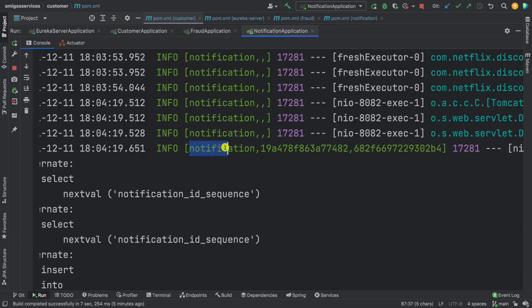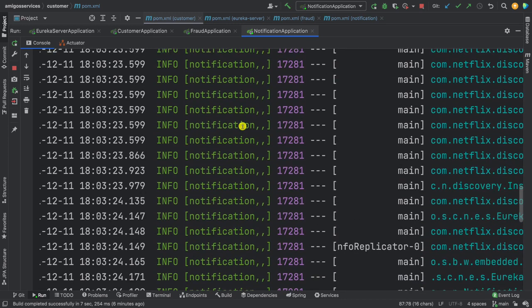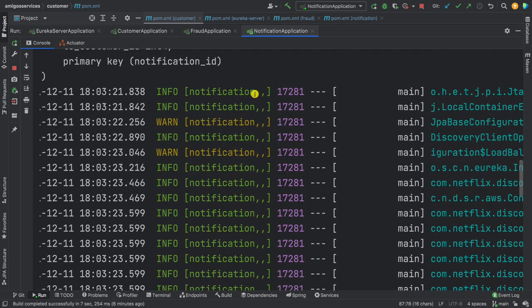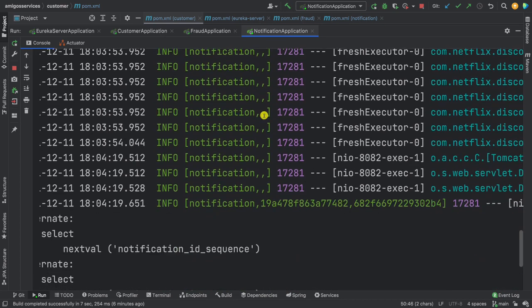So notification, that's the name of the service. The trace ID is the exact same thing because it's one unit of work. But here, the span ID is different. Now you can see that this information is actually added to every single log. But we don't have this information for these other logs because they're not ours. So now that we have the trace ID and the span ID across all microservices, next let's